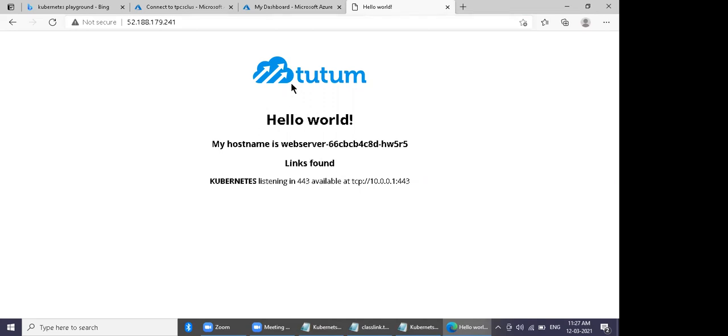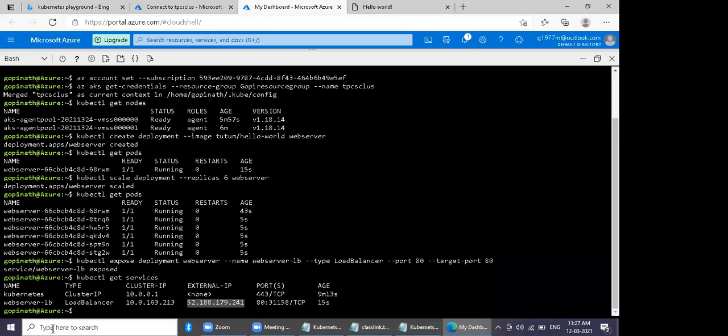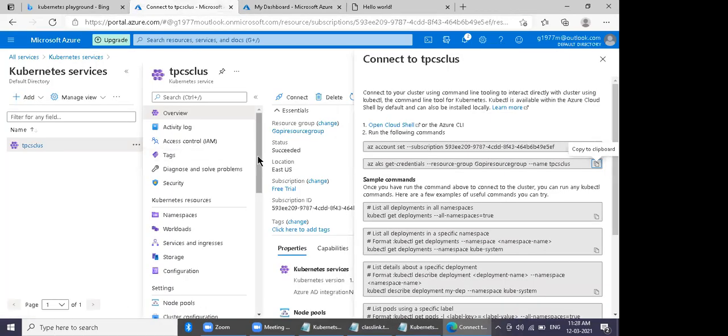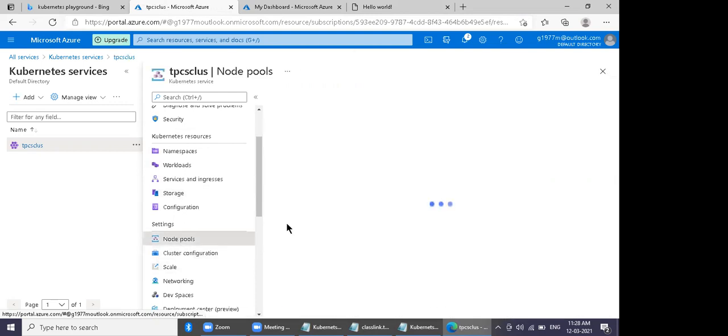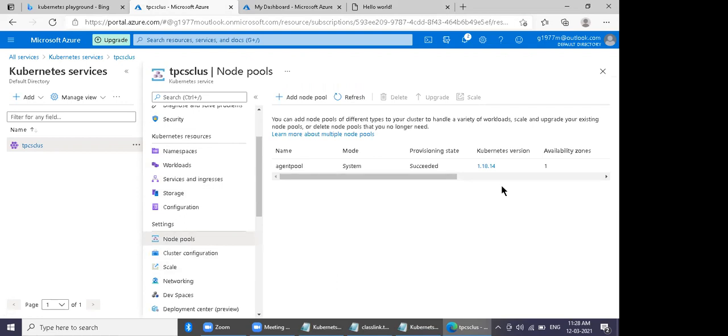Now go and scale the server. Go to the first folder. Select agent pool, node pool, from the left hand side below. This one. Select your agent pool and you have a scale option on top.